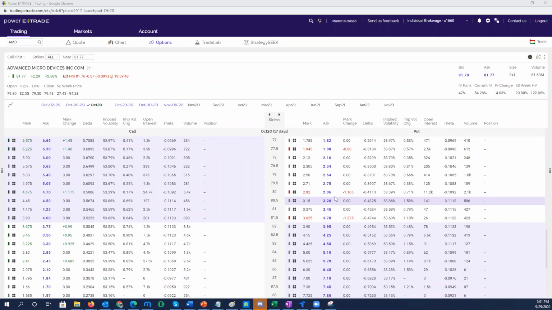Suppose you love AMD, you love Apple, or you love Nike, or you love Tesla. But you don't want to buy at the current price. At that time, you can use this. Okay. But also you need the money to buy it, right? Yes, yes. Right, so yeah, that's the thing.